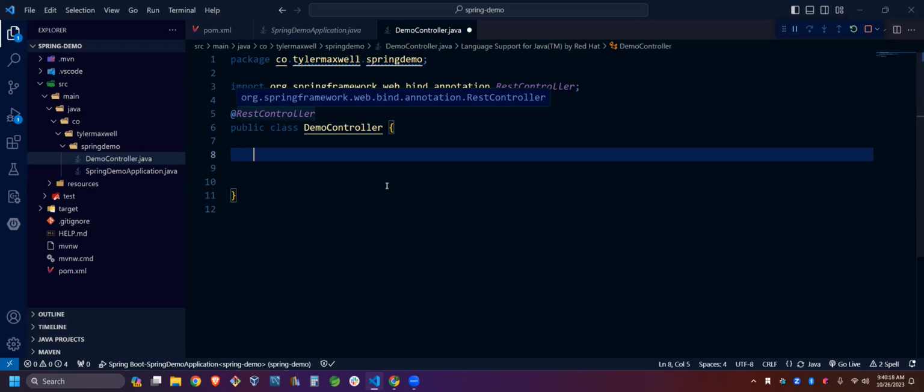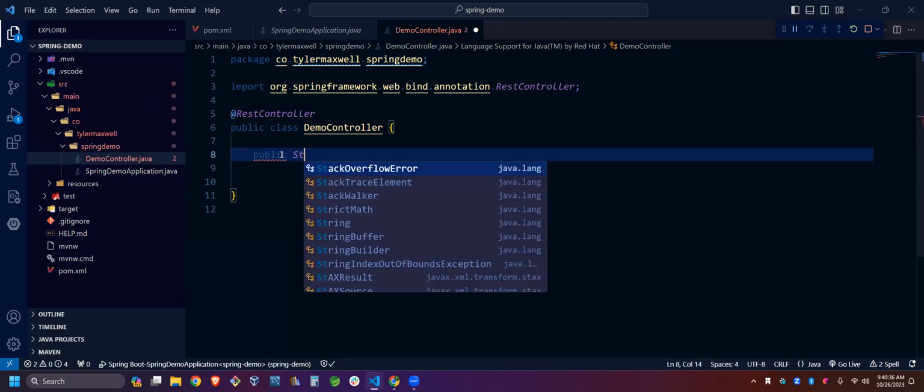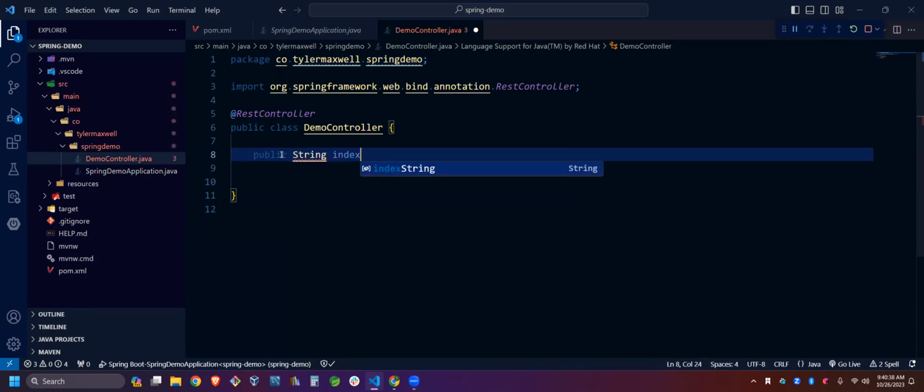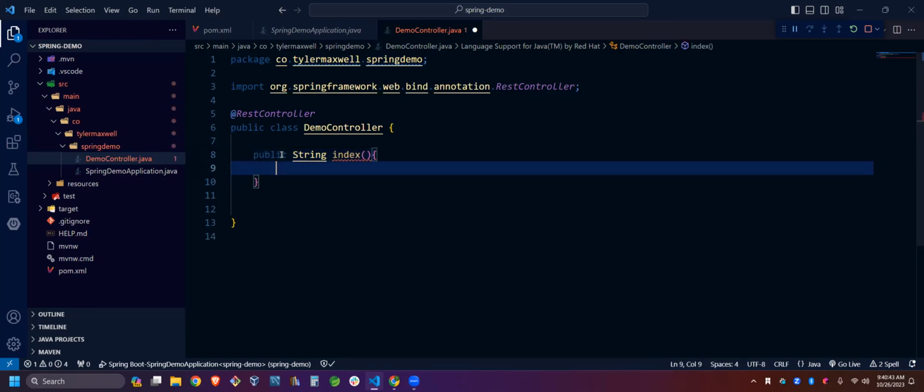We'll talk more about REST as we go along, but basically this will allow me to just return raw data to the browser. So I'm going to make a route. A route is just a function. So I'm going to say public String index, and I'm going to return